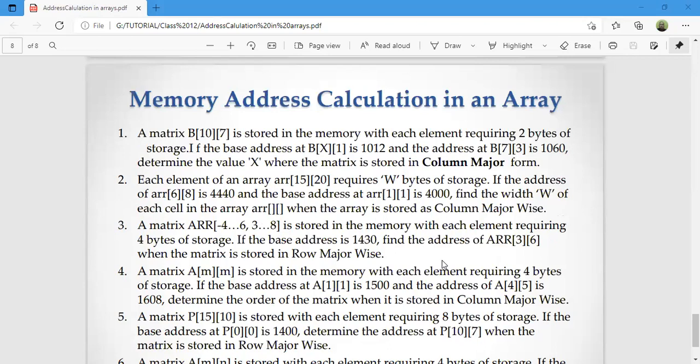I hope you have understood how the questions are to be solved. First, if the question is either row major wise or column major wise. Second, how the question is framed. Either directly the value of M and N will be given, or the starting and the ending address of the cell address of row and the column will be given. In that case, to find the value of M and N, you will find the difference of the range and then add 1 to it. That will give you the exact value of M and N, and then put the values for the variables, the terms, and if any one is missing, then you calculate it.